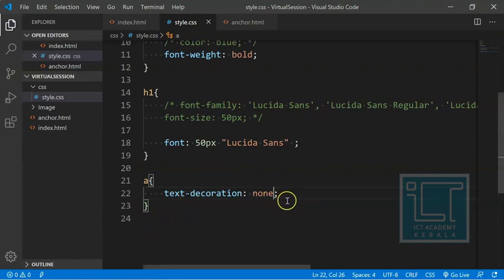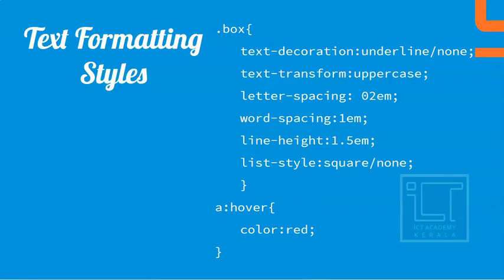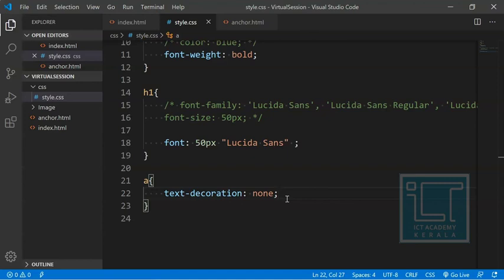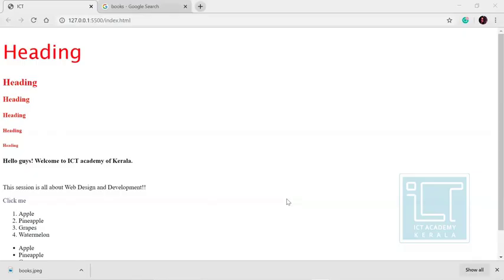Okay. Then we have another format, text transform. You can see in this click me, the first letter is a capital letter and all other letters are small letters. That is usually sentence casing.